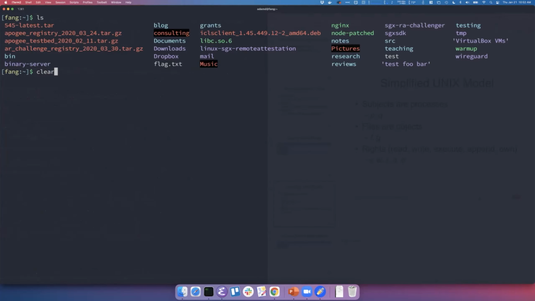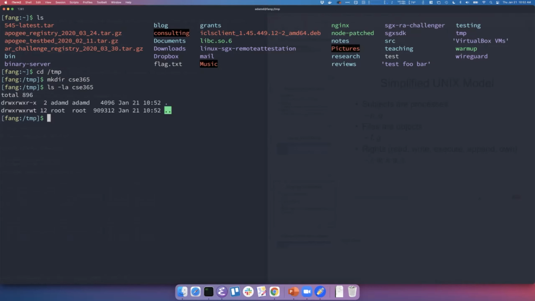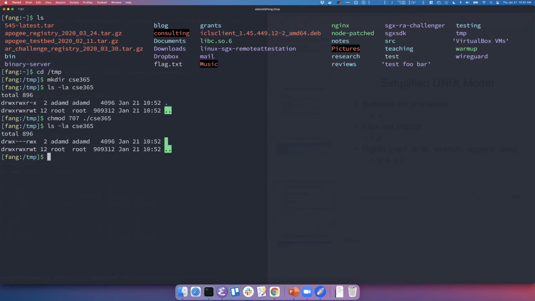Linux machine. So when I type in ls, is anything important in there? No. Okay. So when I type in something like ls, it seems as if I'm the one making something on the system. So let's go to /tmp. I can make a directory called CSE 365. I can look at the permissions on that directory, and we'll get into this in a second. I can see that the user has some permissions. I can change those. Then I can see that I've completely modified those directories. I can create files. It seems very intuitive that we're thinking about me, the user, but